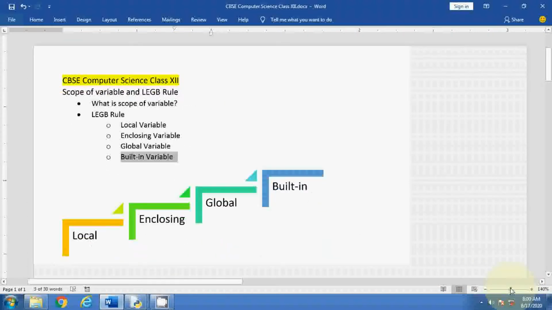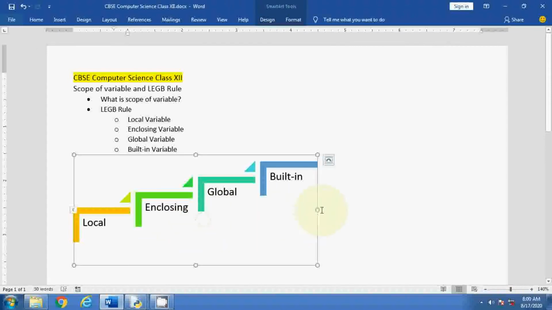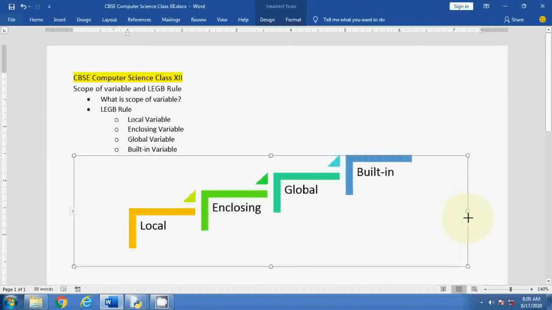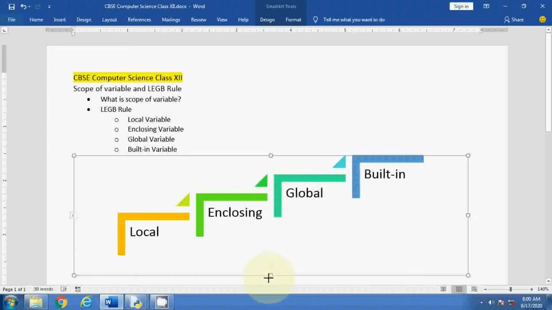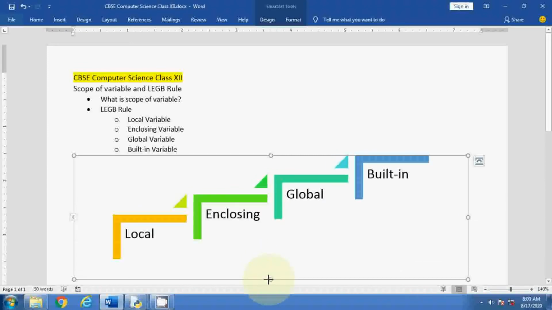See, this is a diagram for LGB. What happens when we declare variables in different functions or at different places? First of all, it will check for the local variables. Local variables means whatever variables you have written in one function. Let me consider a telephone example.